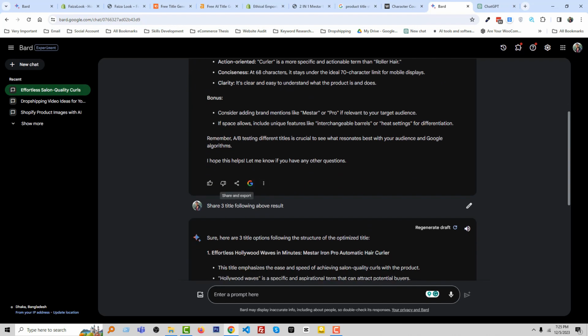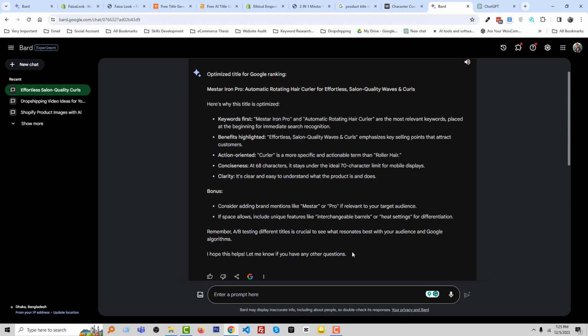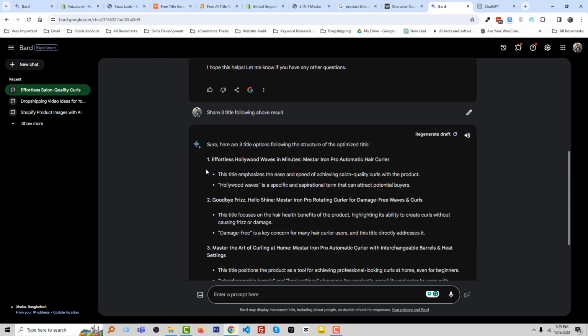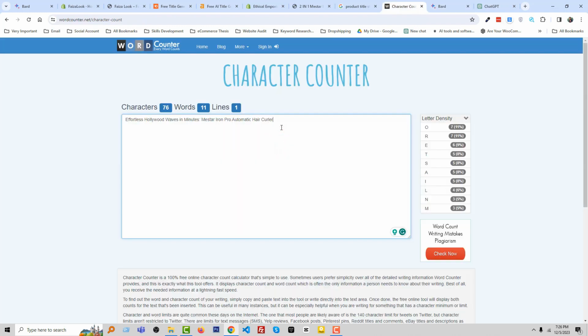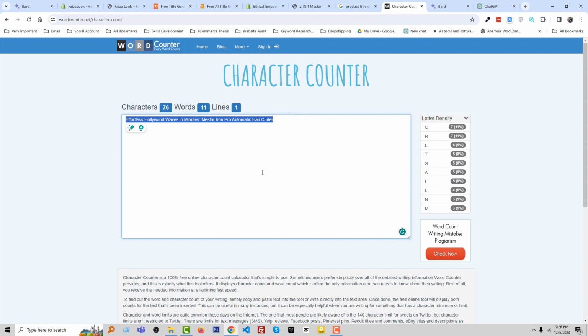Okay, then I commanded the Bard AI to share titles following the above result. That means I wanted to get 3 title ideas following this result, and then the Bard AI shared these 3 titles in here. And finally I selected the first one, and this title's character length is 76. Our standard product title length should be a maximum of 80 characters. So finally we have found our optimized, SEO friendly title, and now we can copy this title and